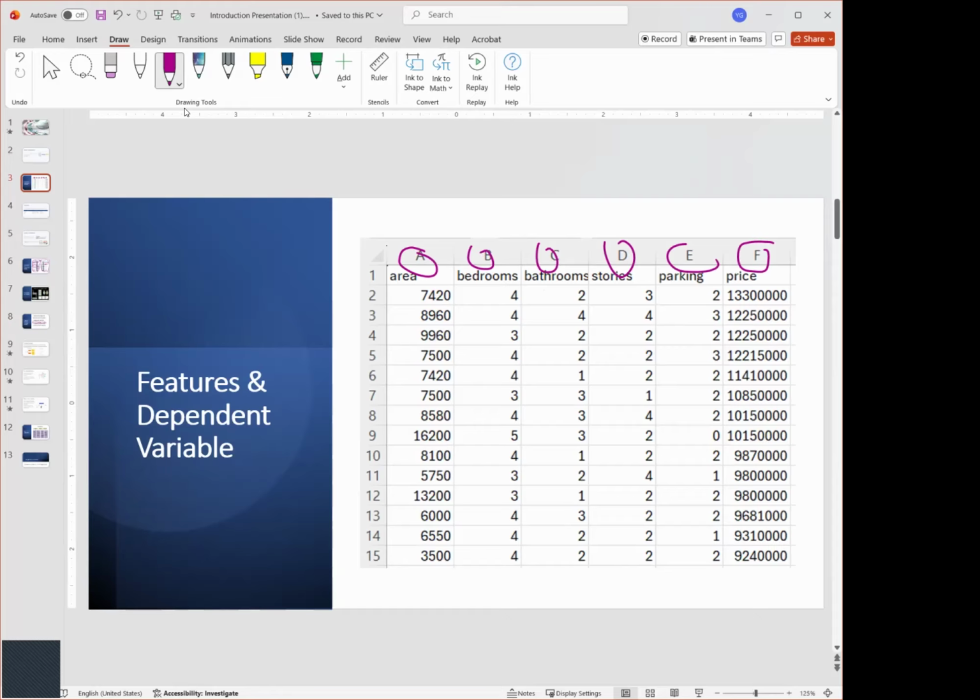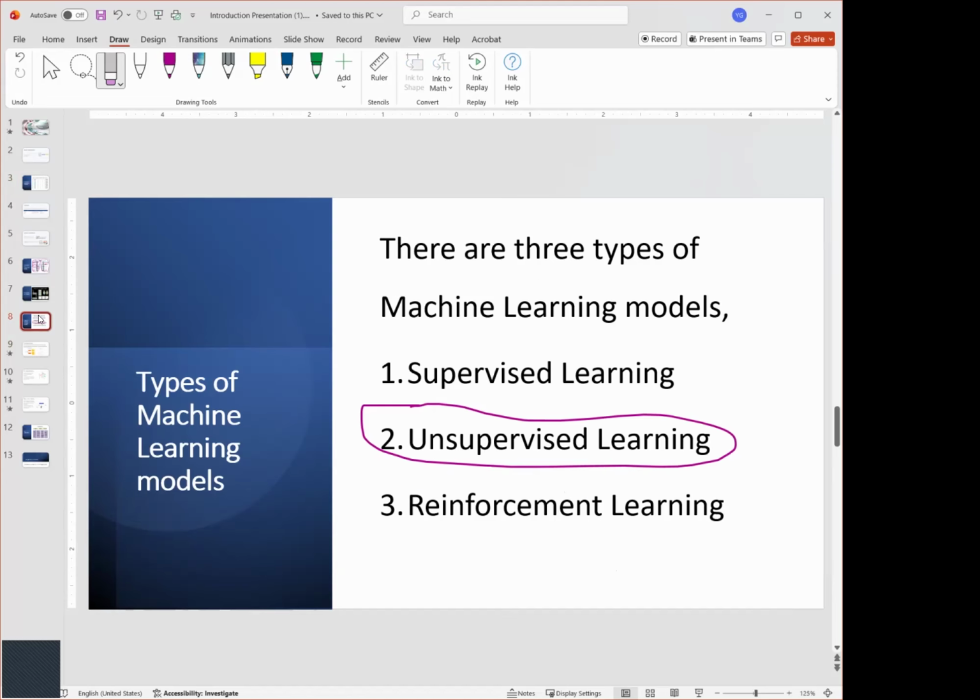Instead, you let the computer decide the relationship between all the variables. The computer will decide on its own what the relationships are between all the variables. That's what we call unsupervised learning.